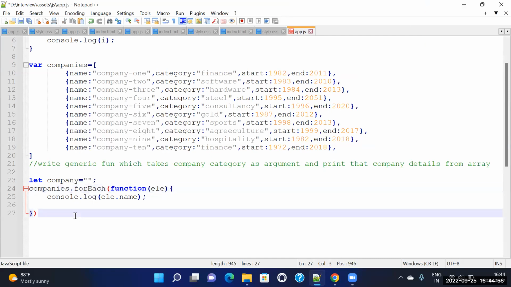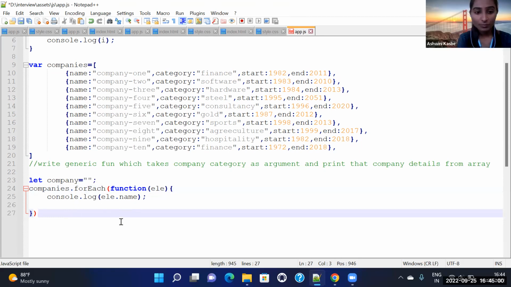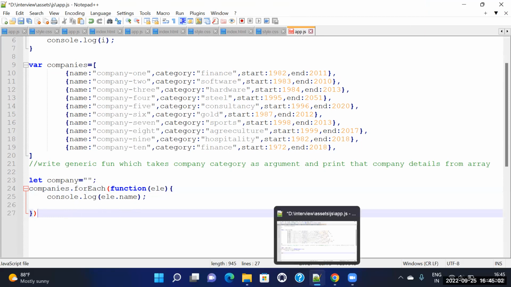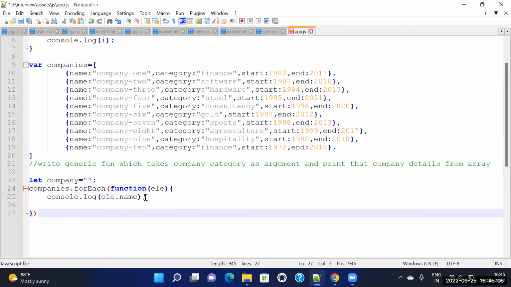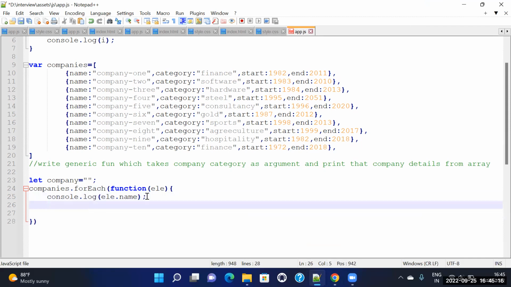Now all the companies will be printed, company names you can see. But from that you have to find only the relevant one. You can try for 2 minutes. You can go step by step.